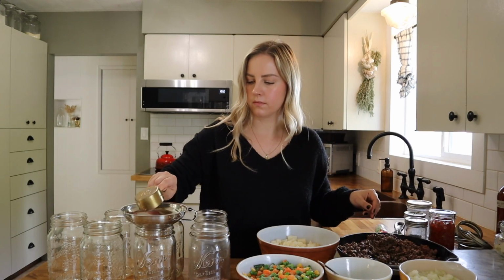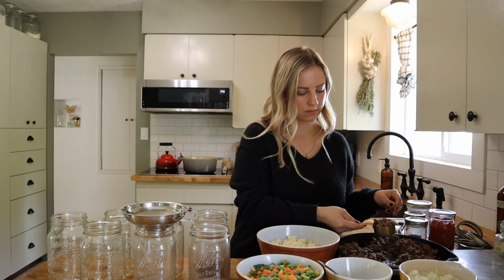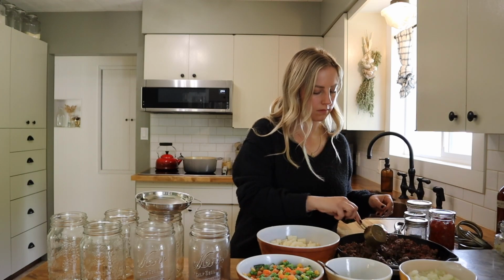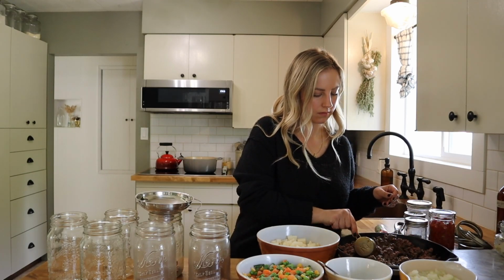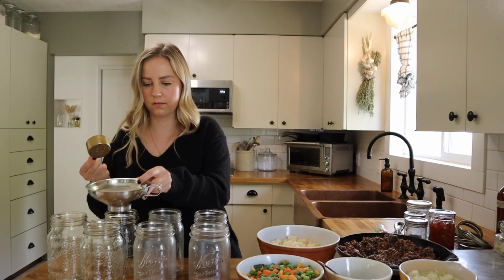For soups, I prefer to do this method where I am just equally measuring out the ingredients into each jar over hot packing. That way I can make sure that everything is evenly divided, and obviously it just saves a little bit of time with not having to cook everything. And to each quart jar, I'm adding some of the ground beef. Just going to evenly divide that between the jars, and then I'll get this topped off with the vegetables and